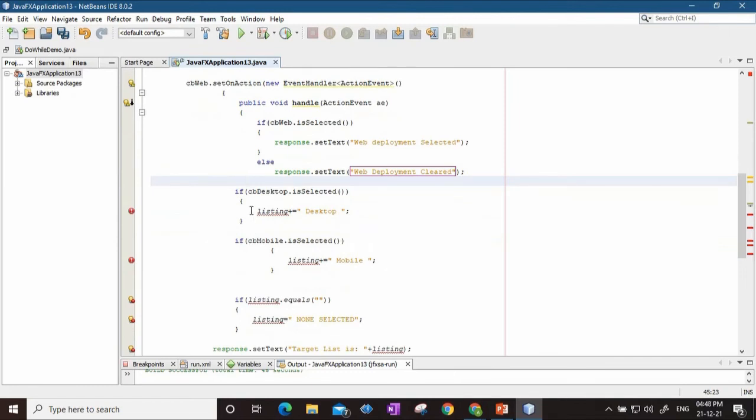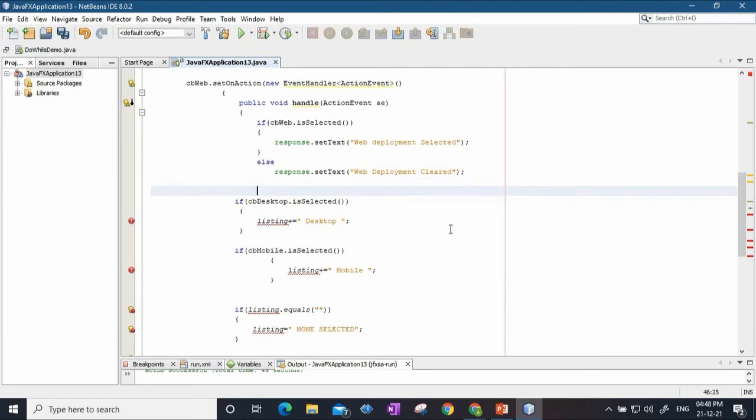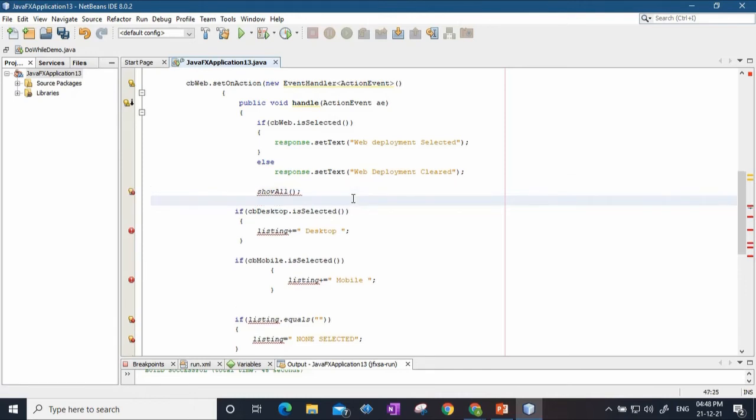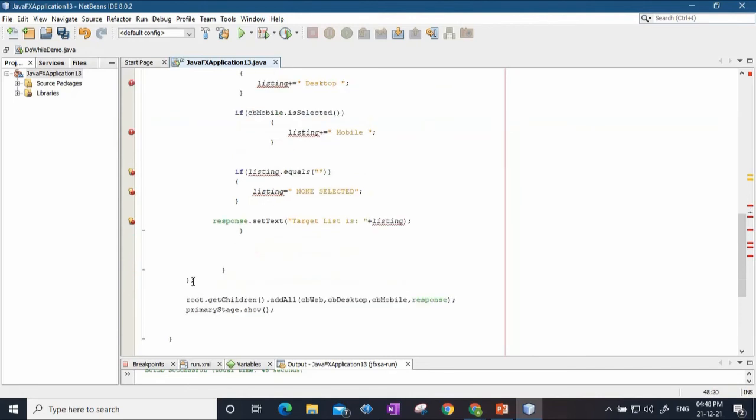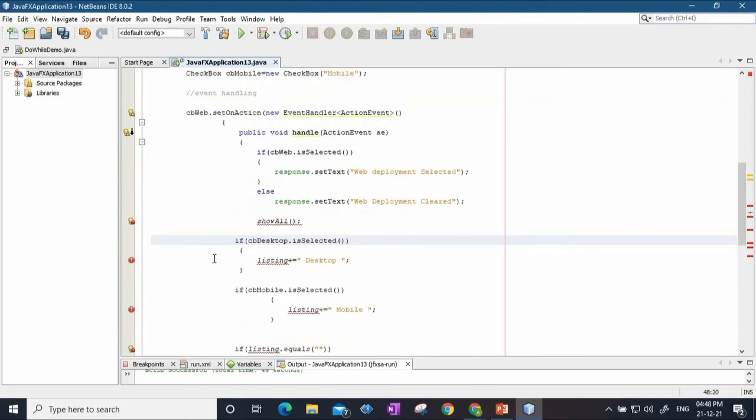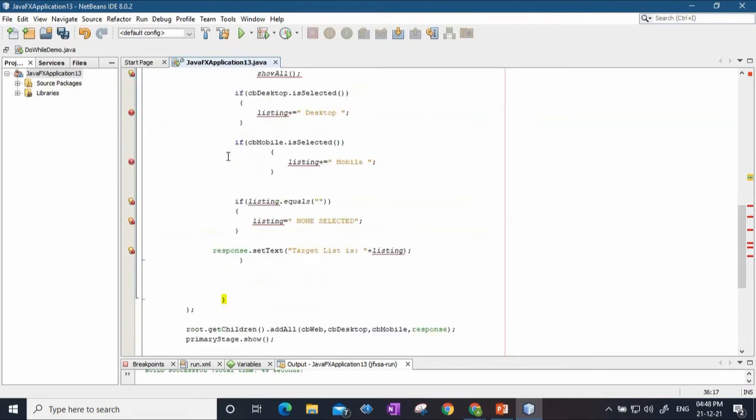I will write a function here, and that function will be the show all function. I will write the definition for this show all function. The show all function basically will print whatever options are selected so far. So that is your show all function.